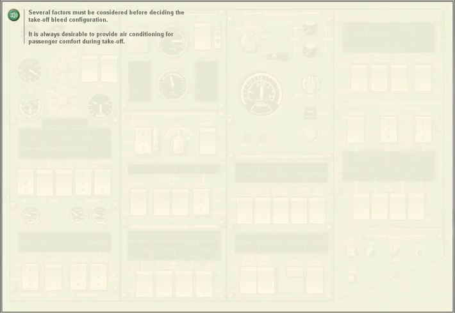Several factors must be considered before deciding the takeoff bleed configuration. It is always desirable to provide air conditioning for passenger comfort during takeoff. Unserviceability or company policy may dictate whether the APU is available or not.